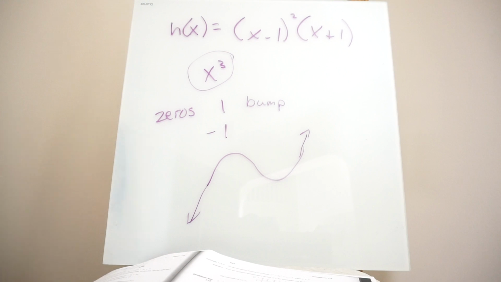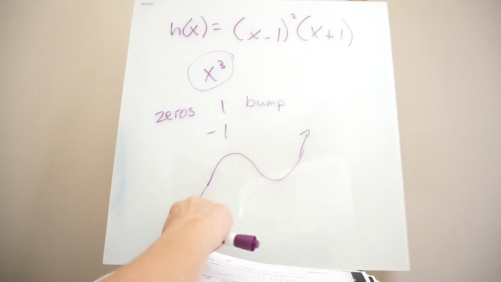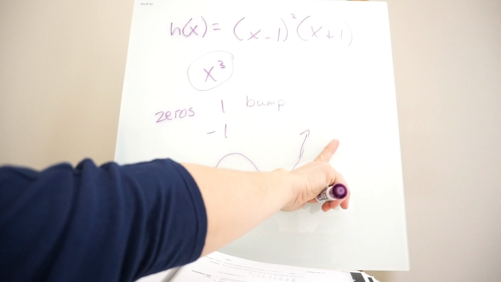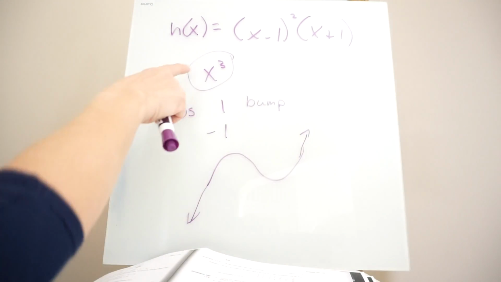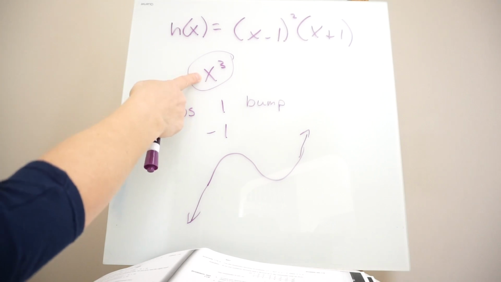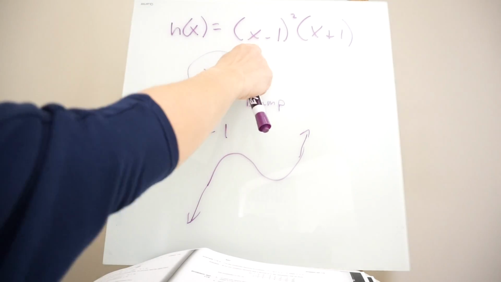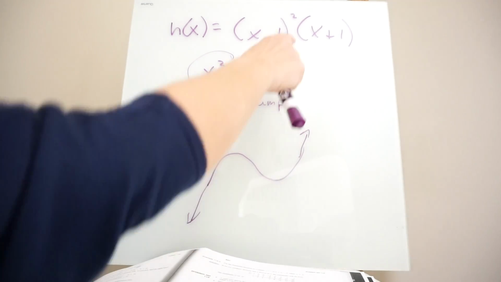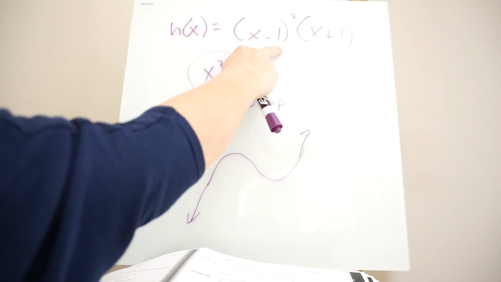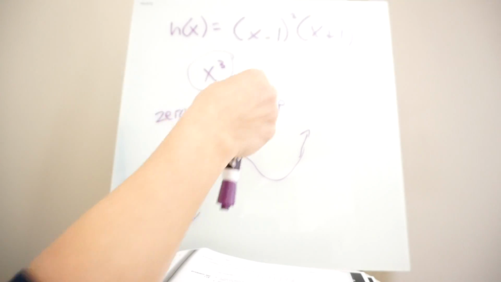So again, you're looking at what the graph looks like at the very far values of positive x values, positive y values. You tell that by that first term, that dominant term. You're looking for the zeros where it's going to cross the x-axis. And then just remember that if you have a factor and it's squared,